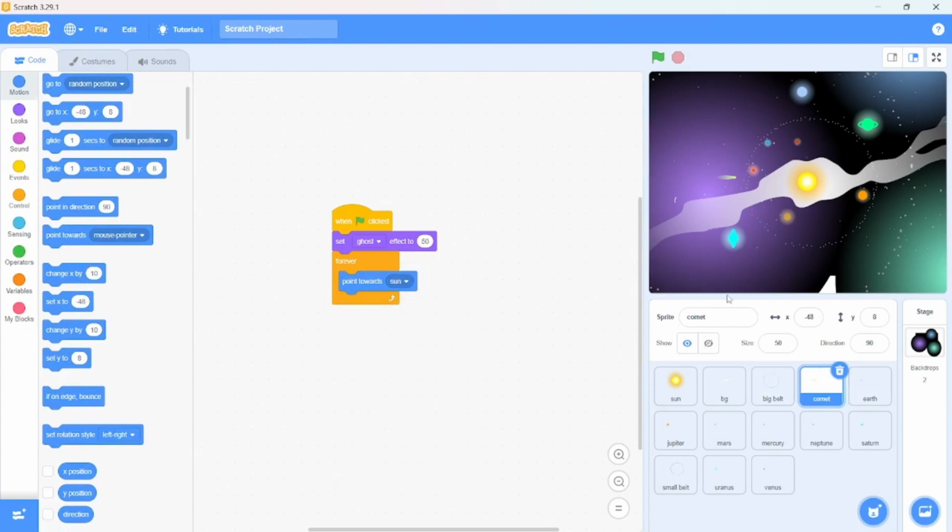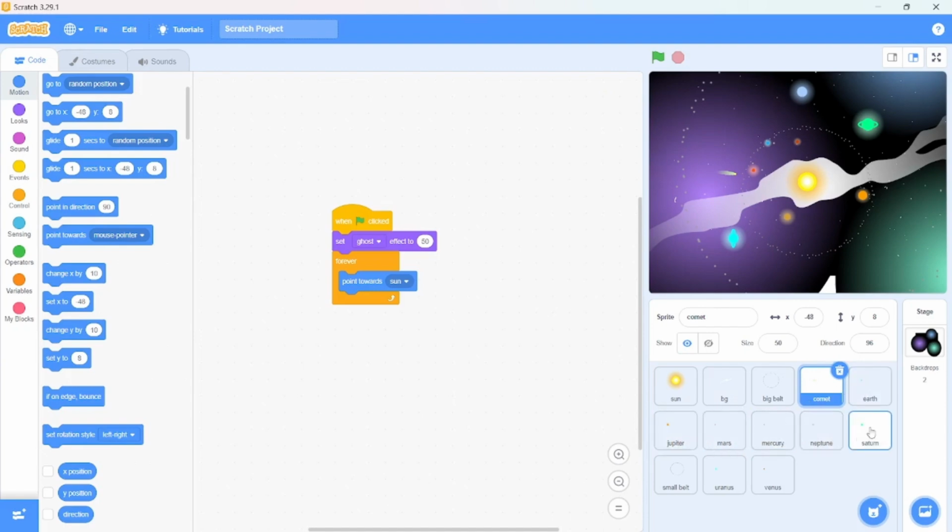So see, we are almost done with different blocks. Now you can see our comet is revolving around and we have done these things. We can also set these positions somewhere, and now just the planets are left, whose motion we are going to add very soon. The next planet we can add is our Venus.